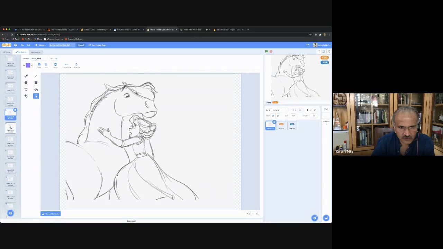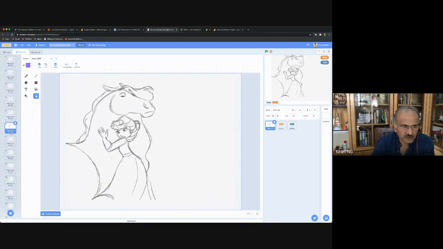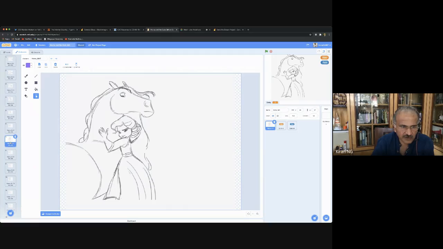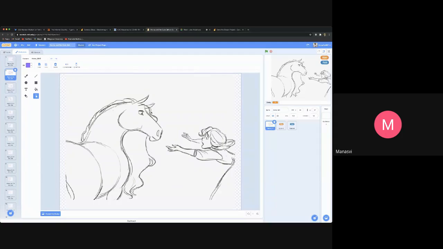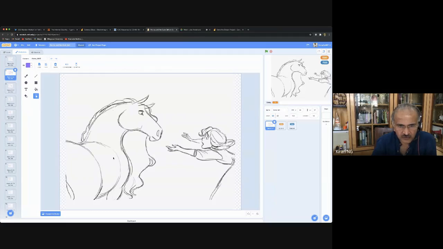Like this, you have to write so many pictures. So since you already have the link of this Scratch, just open it up and go to costumes and try and copy it. That's okay. Then instead of horse, you can put a cat or a dog, whatever you want. That's how easy it is.